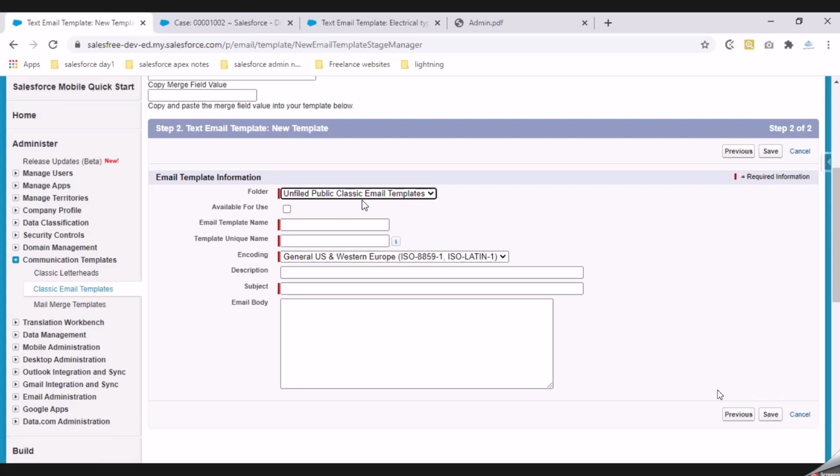Unfiled public classic email templates is what I'll be using as my folder. All right,